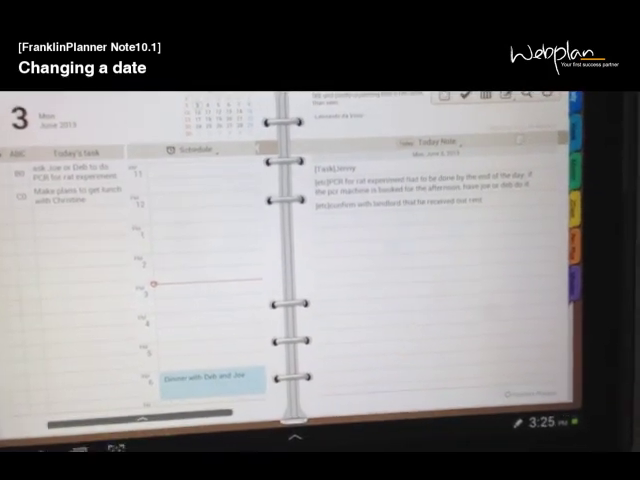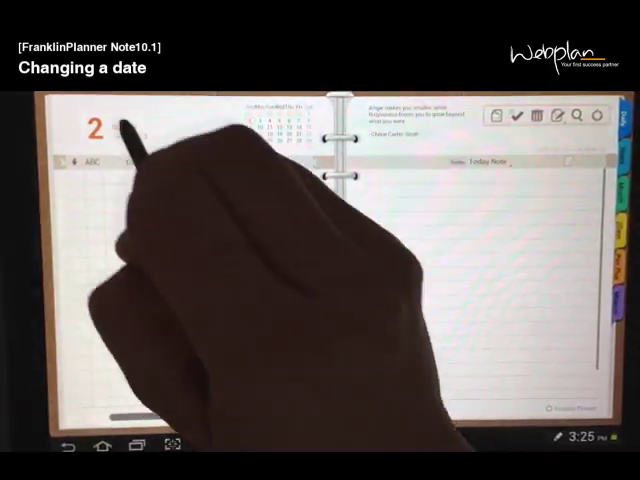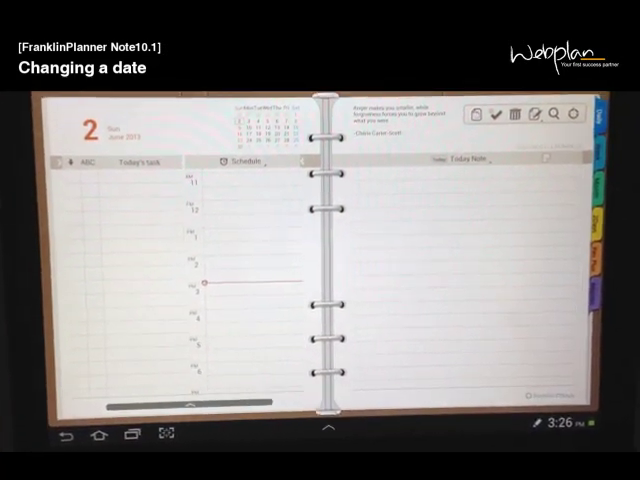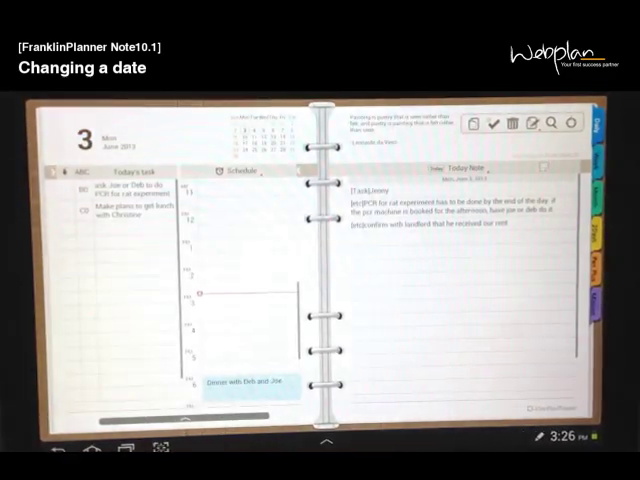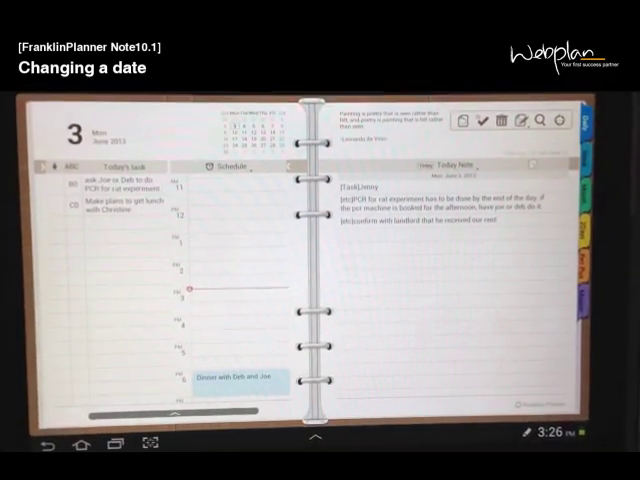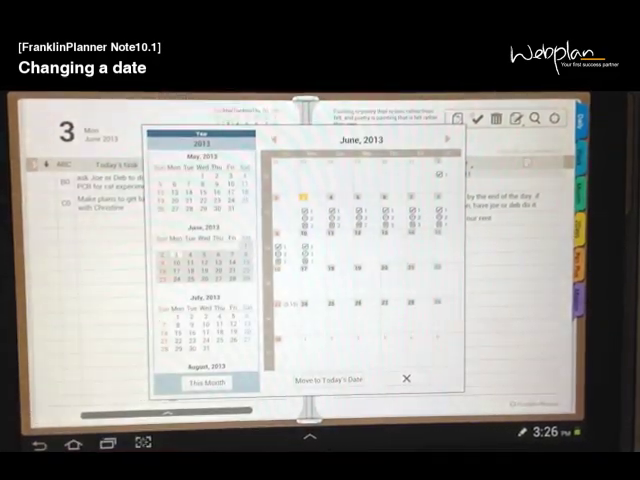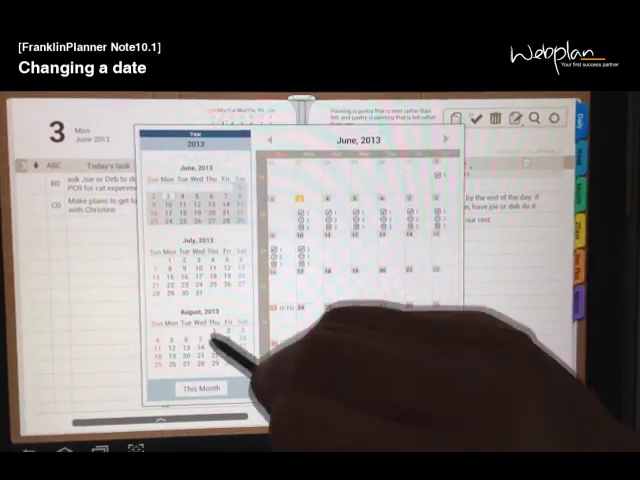To change the date in the daily home screen, you can swipe the date region left and right to change the date day by day. To return to today, just tap the date region. To select a date that's further in the future, you can long tap this date region to access a calendar pop-up. Here you can access dates that are further in the future,